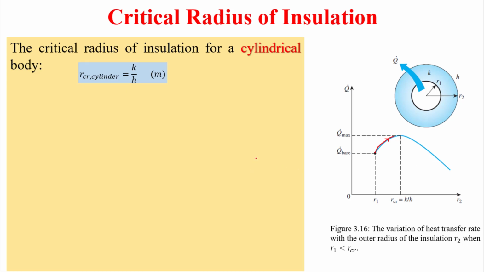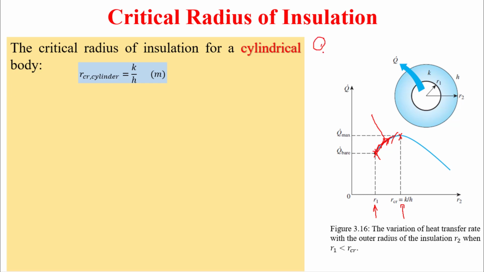So now you can tell me, if this is the plain case, the cylinder without any insulation, and once we start adding insulation Q increases, it means what? Which parameter is dominant in this scenario, from this point up to this point? By the way, this point is called the critical point. Which term is dominant in this range?